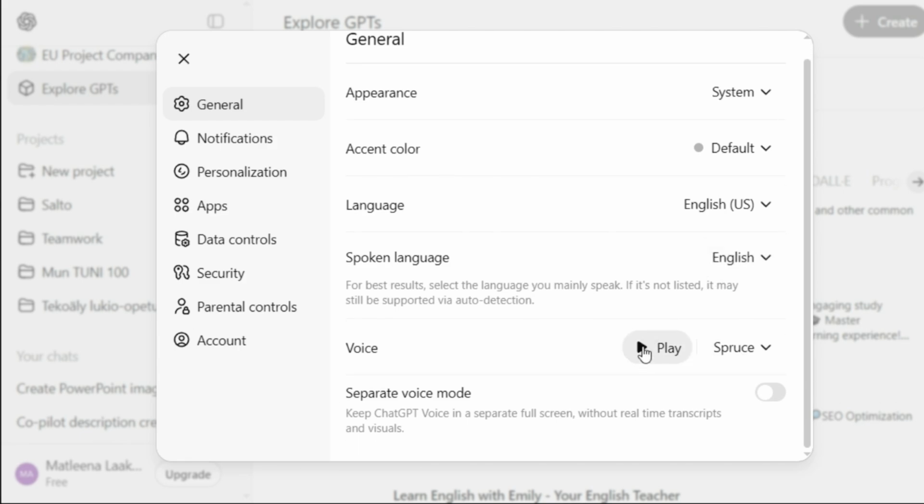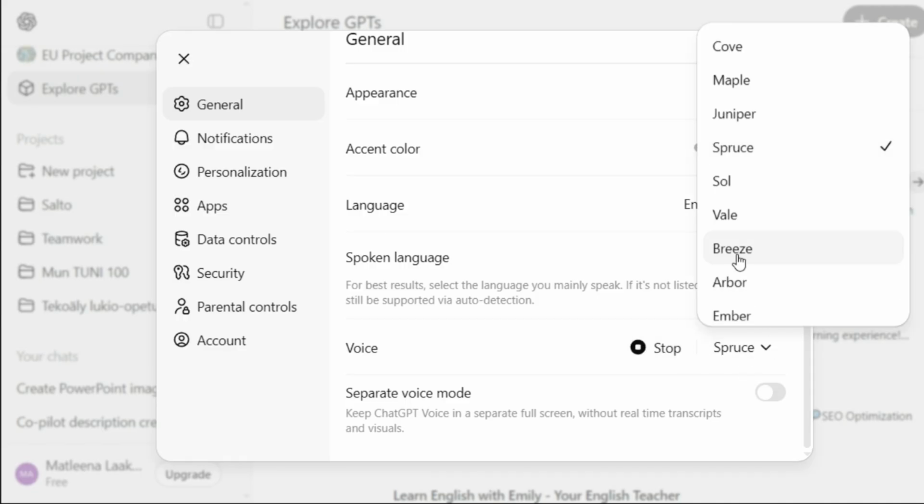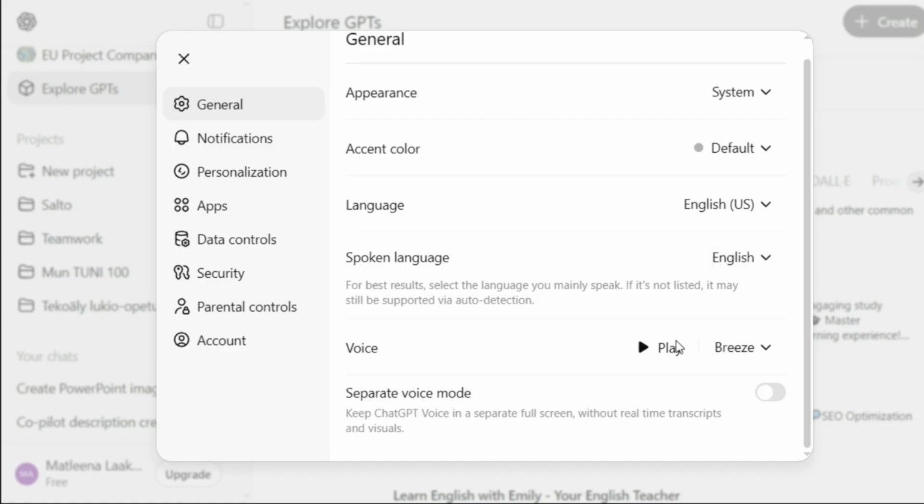Then I can choose the voice. I have chosen Bruce to talk with. "Hey, how's it going? I'm looking forward to working together. Let's figure out where to start." But there are other options as well. If you choose